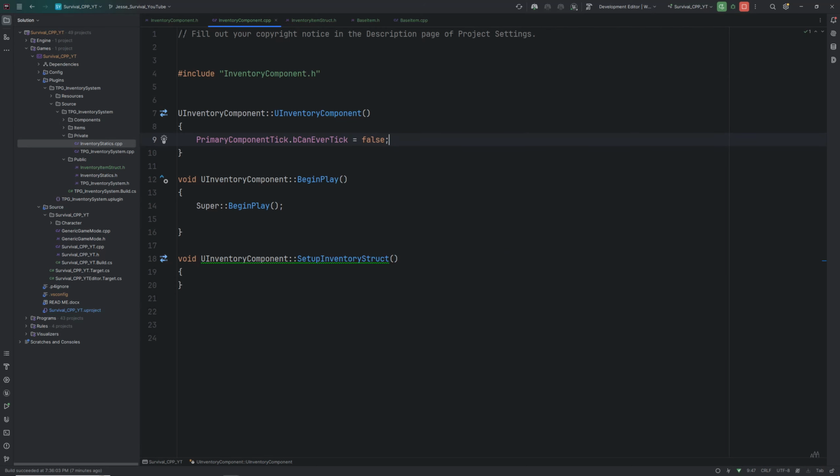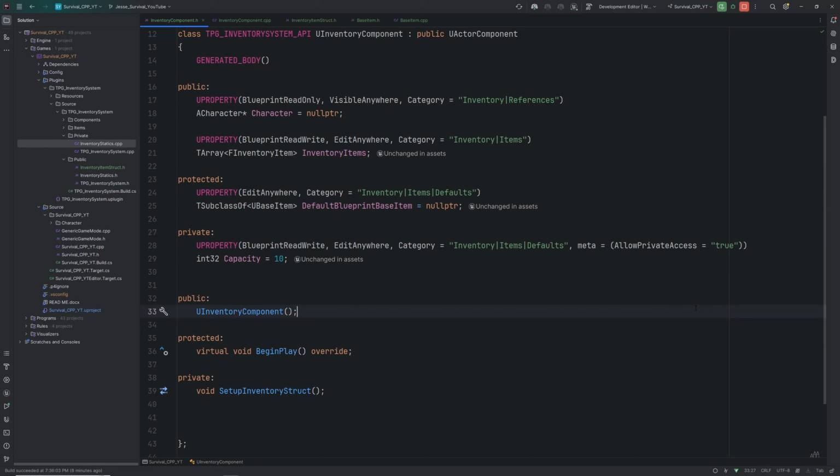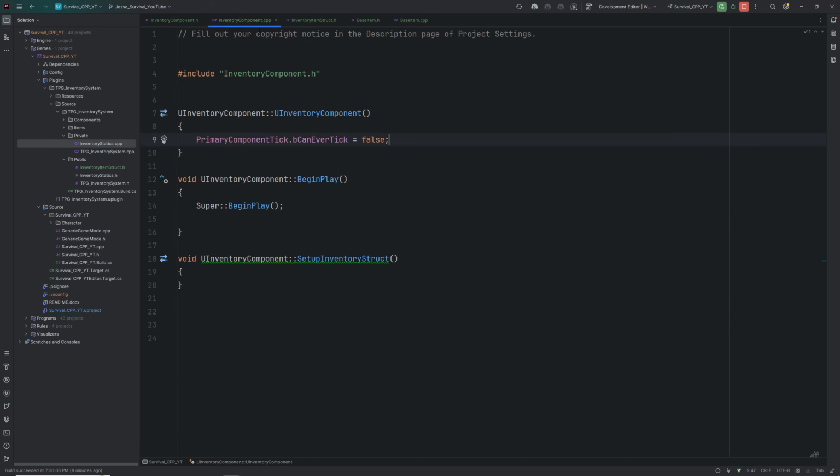And then I'm going to come back out here real quick to the header, and I'm going to remove the Tick function from the header. All right, we don't need this to tick. So we will end up doing some other things in here. We need a timer on. We'll talk about that probably in the next episode, but let's head back over into the source file for the